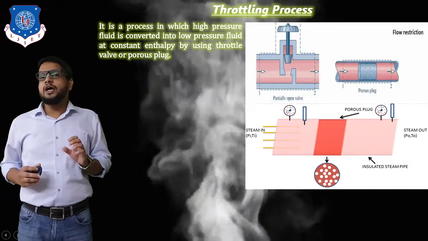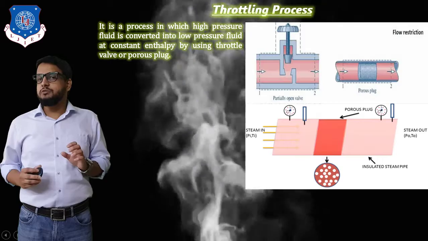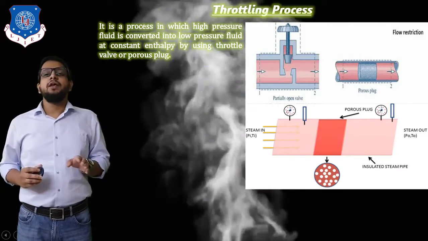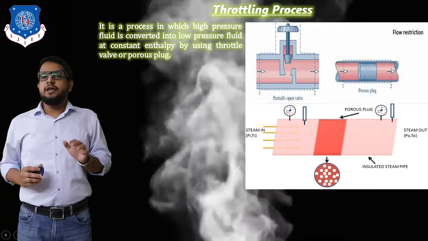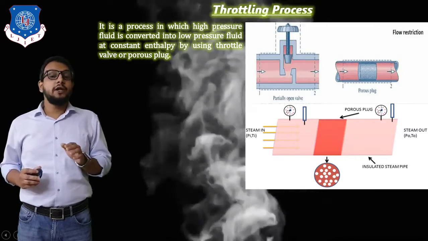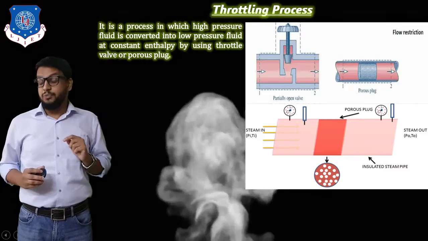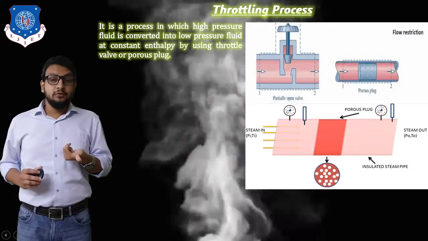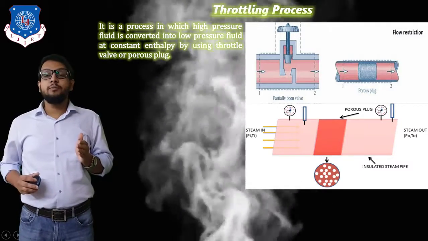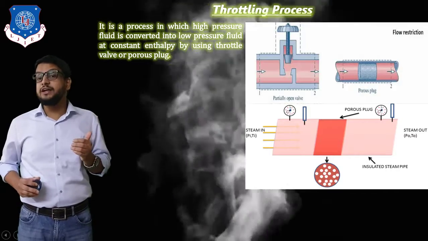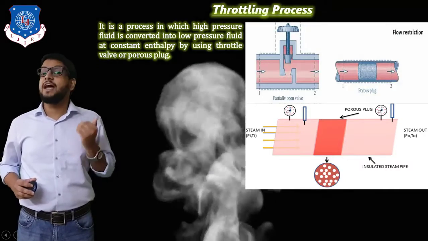The purpose of the narrow passage is that there we apply the continuity equation, that is Q is equal to area into velocity. Discharge is equal to area into velocity. If the area reduces, then what is going to happen? You know that velocity is going to increase at that narrow passage, right? If the velocity increases, then by using Bernoulli's equation, that is PV plus 1 upon 2 mv square is equal to constant, we know PV is the flow energy and half mv square means kinetic energy.